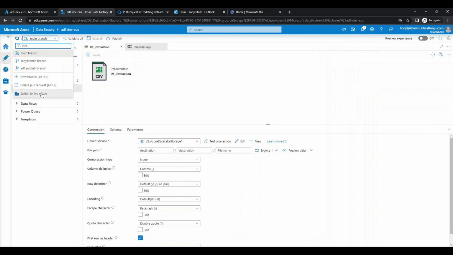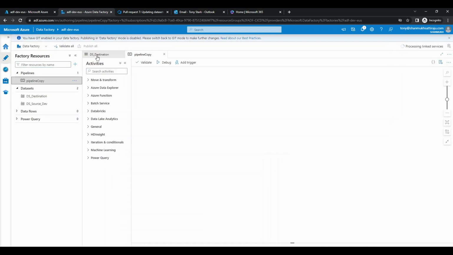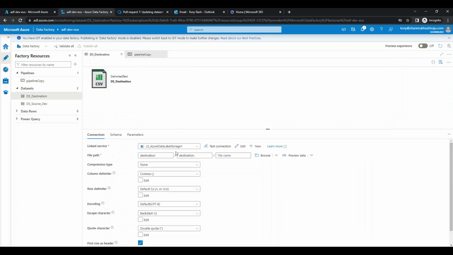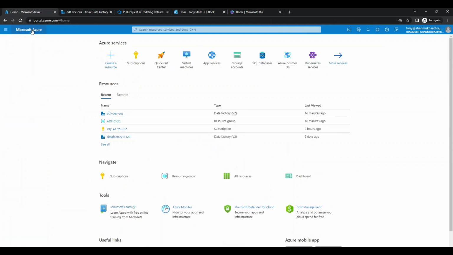Currently, when we click on switch to the live mode, and we click on the pipeline and the destination dataset, there we can see the destination folder has been added. Now, we have currently the continuous integration configured, and let's see how to configure the continuous deployment. It means all the changes which we have done here will be copied to the UAD environment. So let's go to